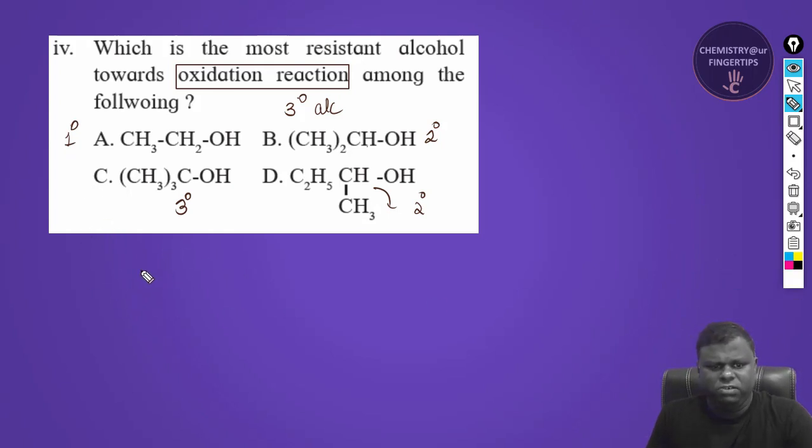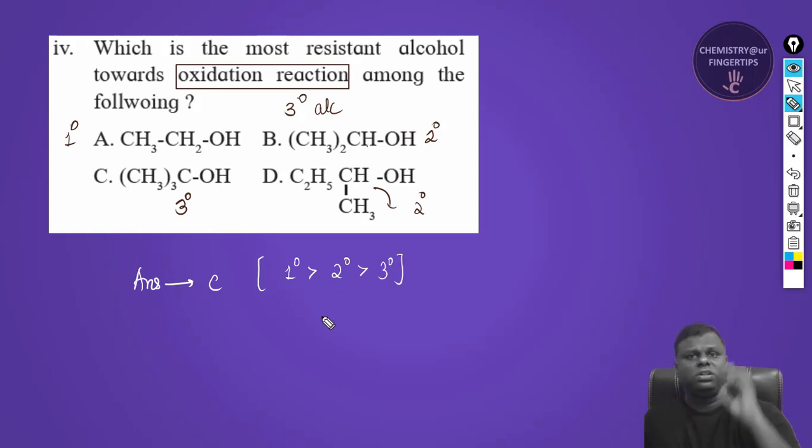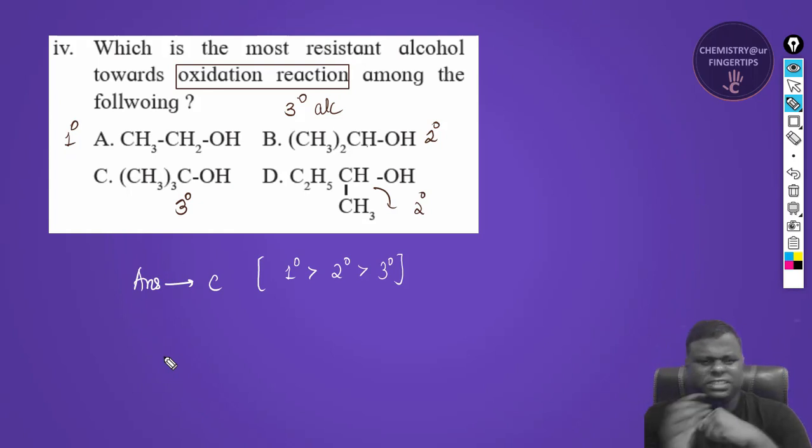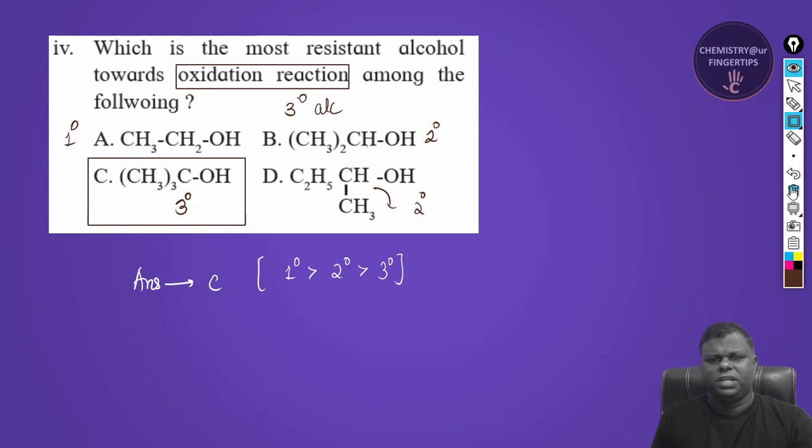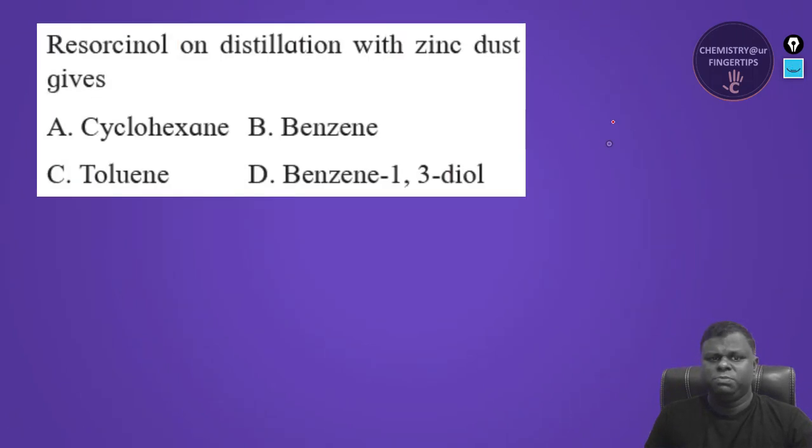So let me just write it down. So the correct answer to this particular question is option C, because what is the order of reactivity? So this is primary, and then you have a secondary, and then you have a tertiary. And why does this actually happen? Tertiary alcohols initially undergo dehydration reaction using H2SO4, resulting into the formation of an alkene, right? So I think this is pretty much simple to understand, and I think you might have already got this because it's just an MCQ, right? Okay, so let's move on to the next part.